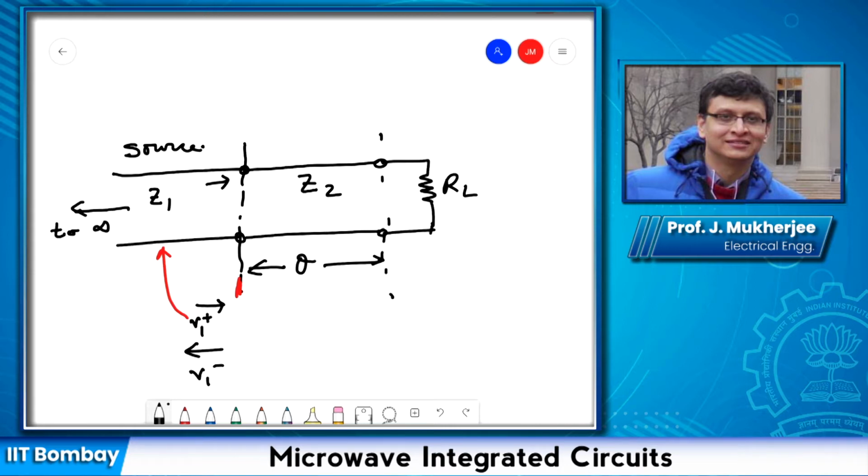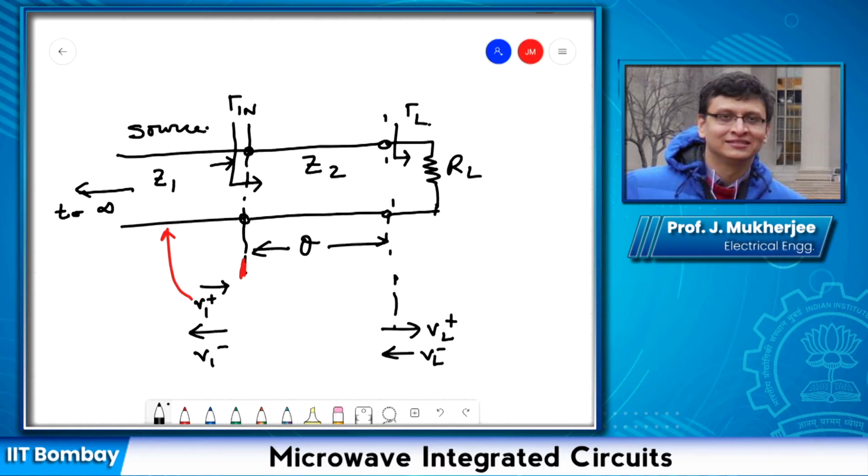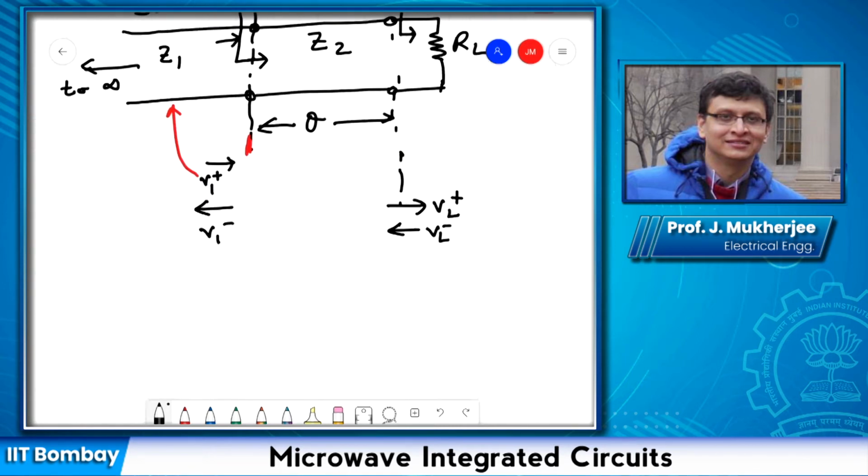At this junction, once again, the incident wave into the load is VL plus, and the reflected wave is VL minus. So our gamma L is here, gamma in is taken here, right? So we can write an expression for gamma in as